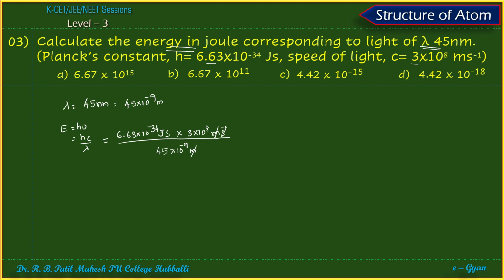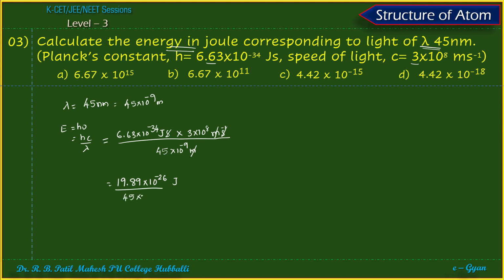Meter gets cancelled, per second gets cancelled. So the answer we are going to get is in terms of joules. Upon simplification, 6.63 into 3 gives around 19.89 into 10 to the power minus 34 plus 8, which is minus 26 joules,